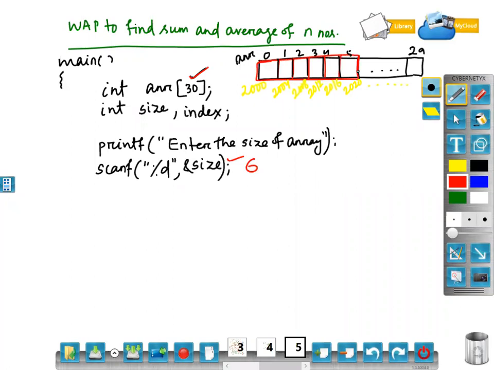If I enter size as 5, that means up to 4. If I declare the size as 10, so 0 to 9. If I declare the size as 20, 0 to 19. Maximum, I can take the value for size as 30. So how many values I actually want to operate, that variable I am taking as input here. My total program depends on the size variable, because I will operate only that much of memory. Clear? So how will I take the input?